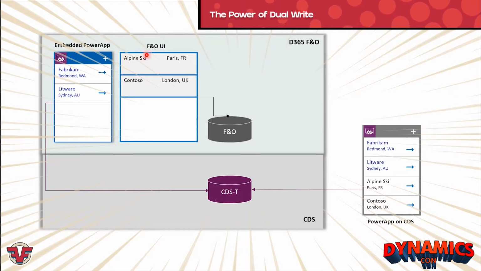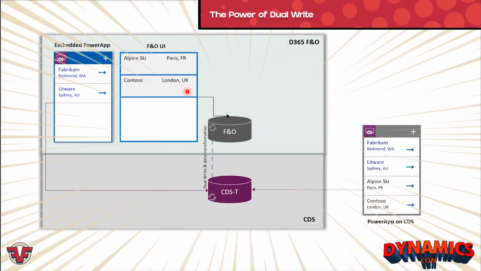As you can clearly see here, these two customers in FNO and these two accounts are not synced. If I am the finance and operations user and I log into my environment and I see these two accounts sitting in my environment, I may get confused. I'll say there might be some data inconsistencies. I don't see these two, Fabrikam and Litware, in my finance and operations database. From where is this data coming? So then